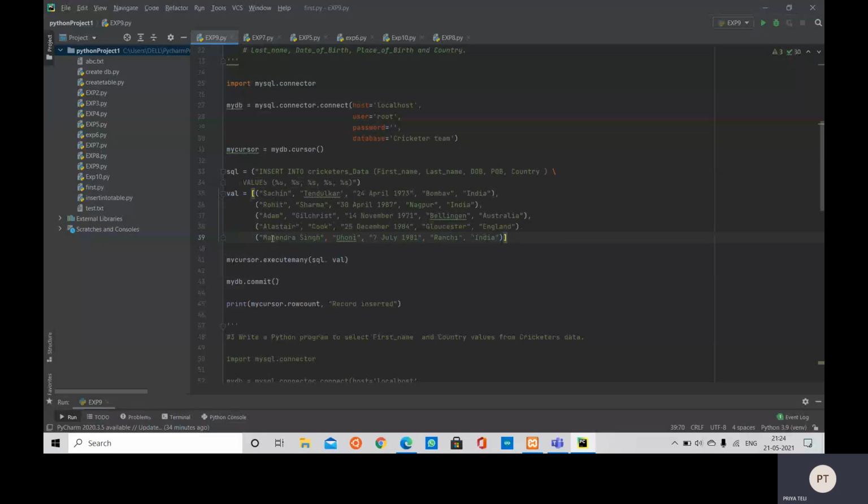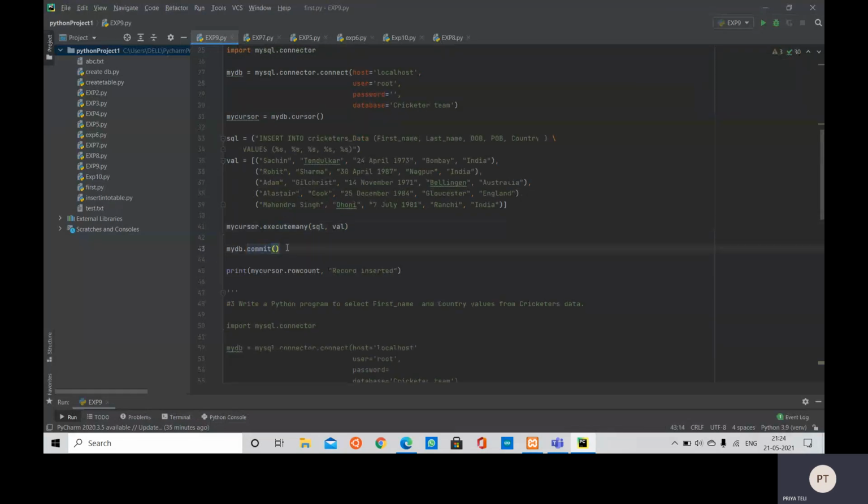And as we have to execute this many operations, we have to insert this much data, so we are going to use the executemany method and perform this. We are passing these two things, this command and these values, to this function. The commit function ensures that operations performed on this database are consistent.